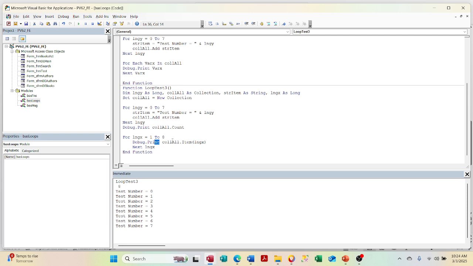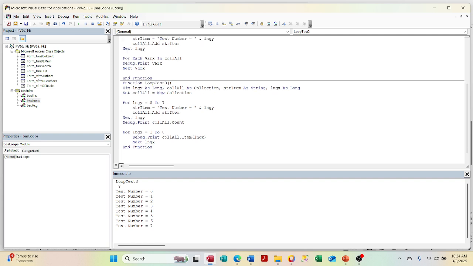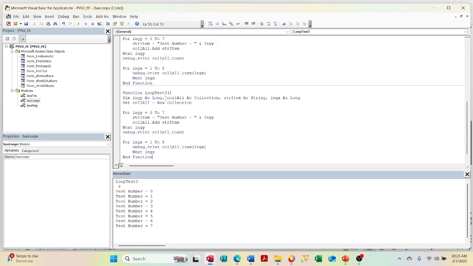So let's see what would happen instead of debug print. Actually, you know what? Let's leave this alone. Let's do it in a separate loop test just to finish off this little. Here we go. We've got to put 4 in here so we don't have ambiguous. Now, what we'll do here